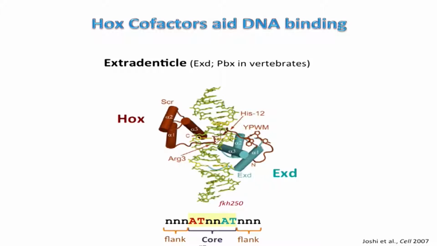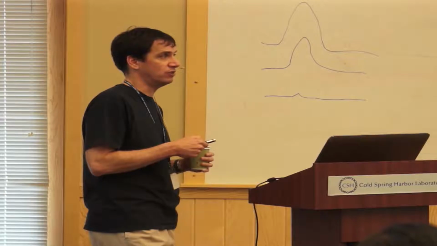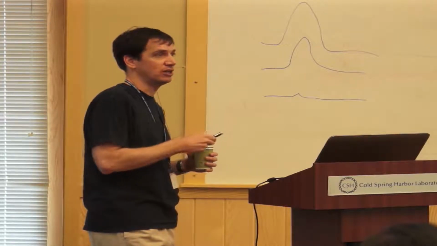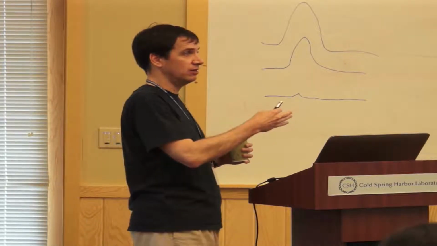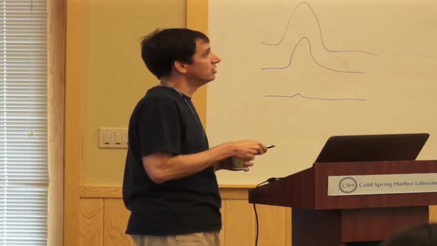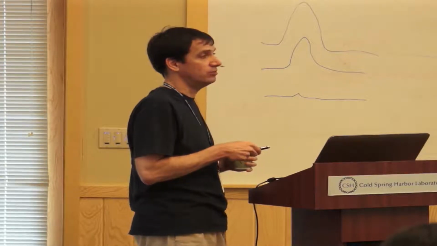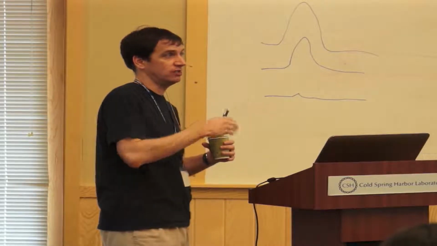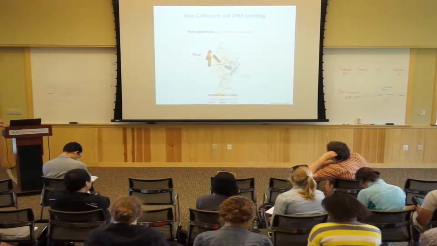Okay? And so what we were interested in was, well, maybe if we look at the binding specificities across the Hox genes, in which they're always bound in complex with extradenticle, maybe in this context the binding specificities are different between different Hox EXD complexes. And maybe that's the mechanism with which these Hox family proteins are able to differentially regulate different downstream targets. So in order to answer that question,